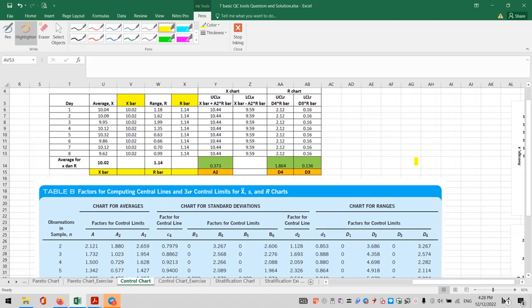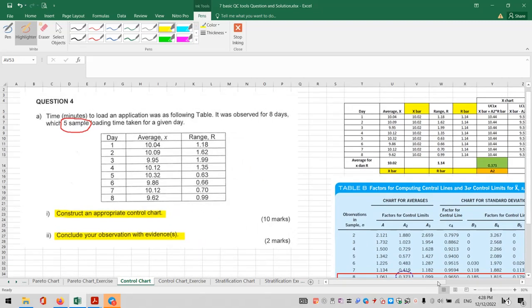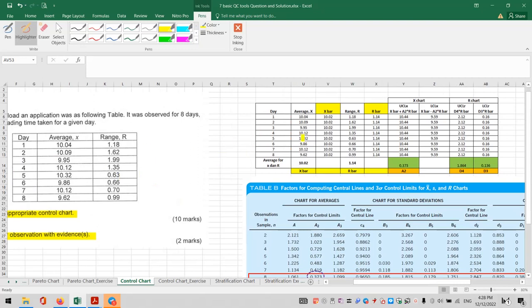Okay, let's take a look at how to solve this type of question. Okay, you have this kind of table. Okay, I suggest you rewrite all the values and transfer them into a table form like this. So you have here day, you have here average, and also you have here range. So you need to add another column for X bar, R bar, and also columns for X chart